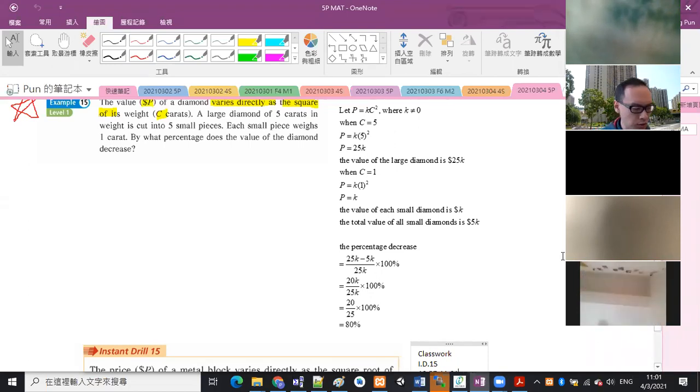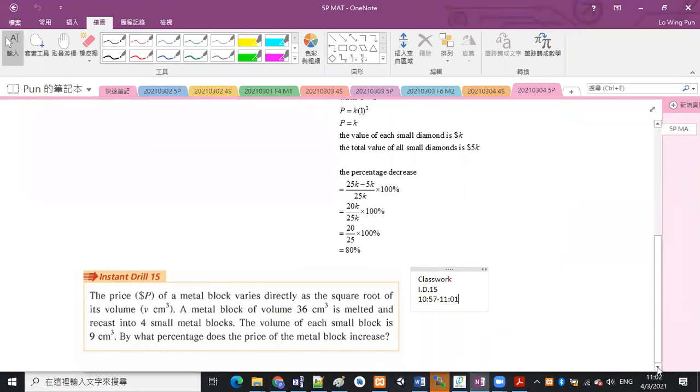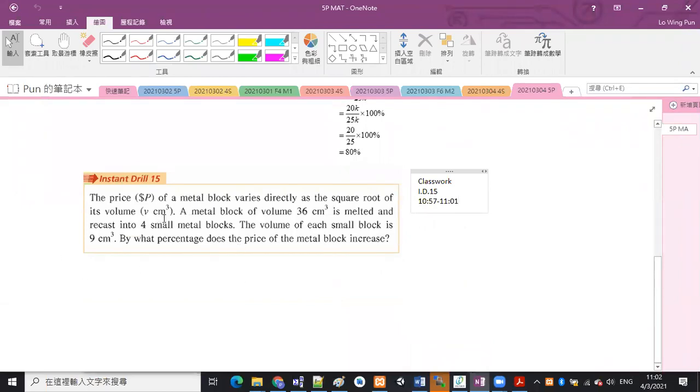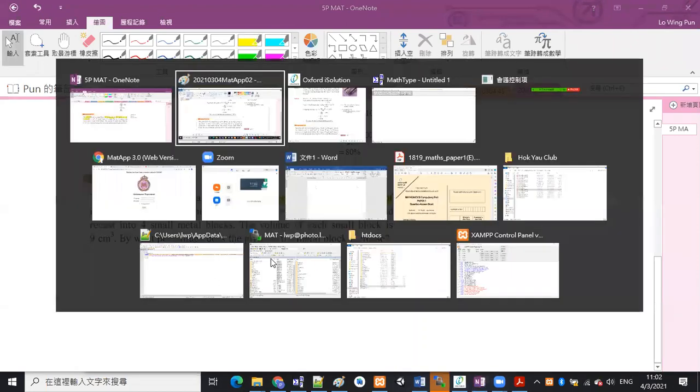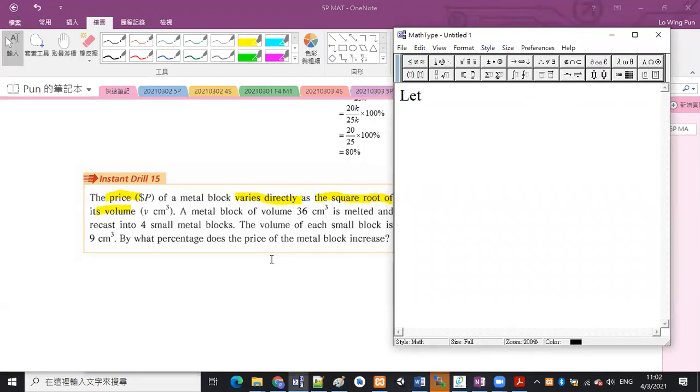Okay, let's check the answers. The price, P dollars, of a metal block varies directly as the square root of its volume. 呢度小心啲，我覺得有啲字眼好陰濕。The price varies directly as, this time, the square root of the volume. 開方嚟嘅，唔係就咁 square，係 square root。